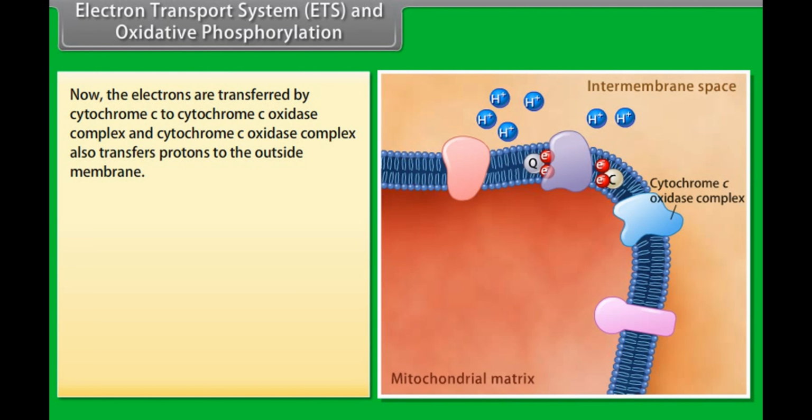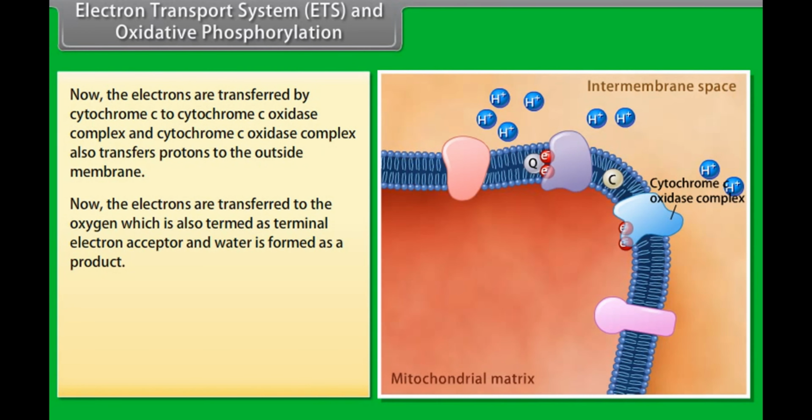Now the electrons are transferred by cytochrome C to cytochrome C oxidase complex, and cytochrome C oxidase complex also transfers protons to the outside of the membrane. Now the electrons are transferred to the oxygen, which is also termed as terminal electron acceptor, and water is formed